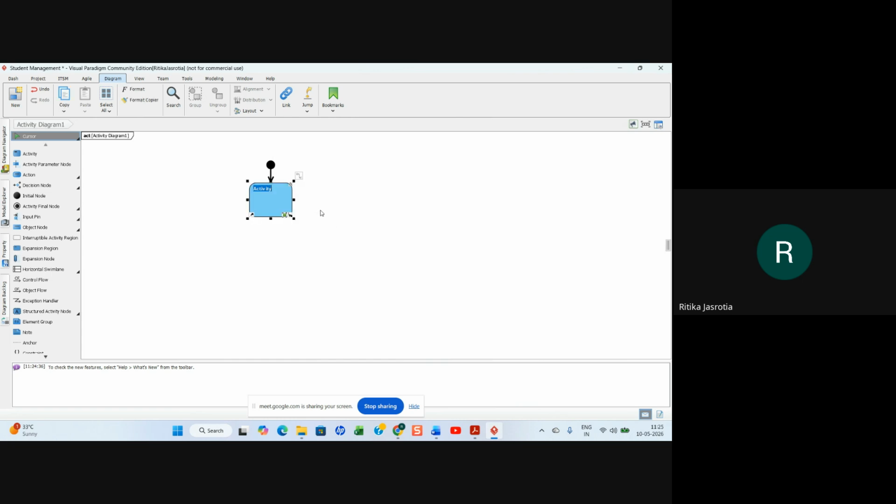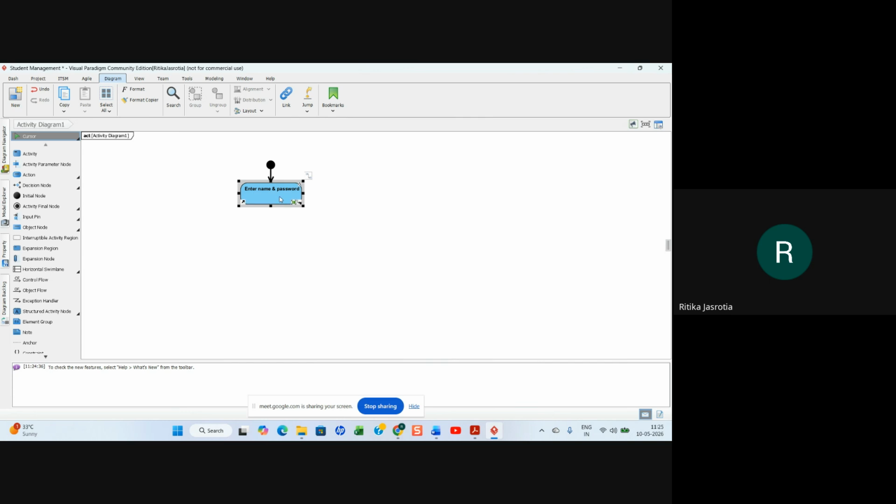So this is an activity you have added. Here you can write whatever activity you want, like we had said, enter name and password, if you are showing a login flow. So enter name and password, right?